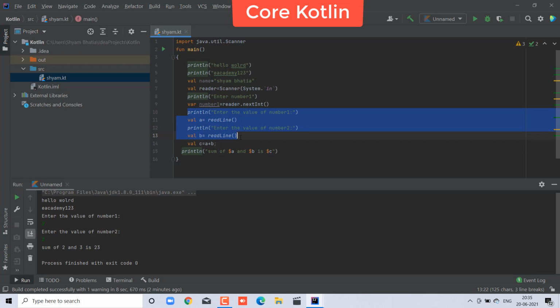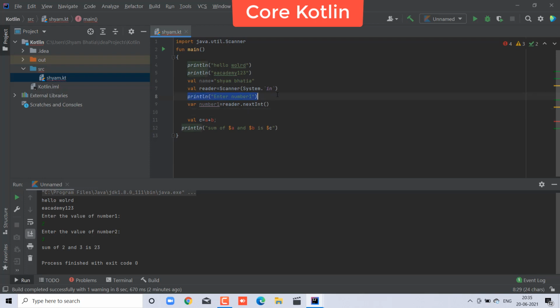And similar thing, friends. You have to remove everything else because it is not useful. Similarly, for another input, copy and paste again and enter the number 2, and copy again and create another variable.